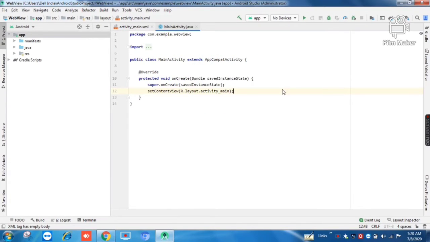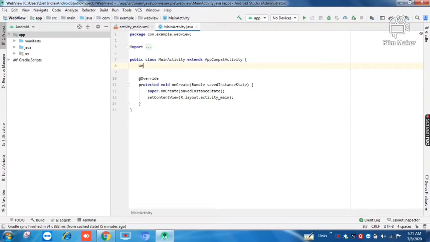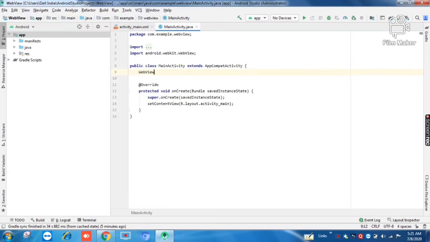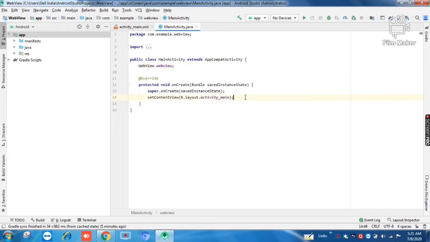Go to your MainActivity.java file and invoke your widget here. That is, type WebView, select it from the list and give it a name, say webview, and introduce it with the help of the findViewById method. webview is equal to findViewById(R.id.webview). Now it's very simple to give a URL to our WebView to launch the website we want.